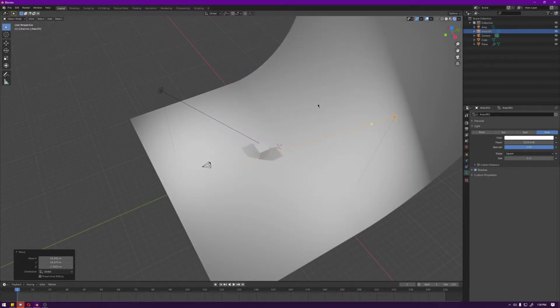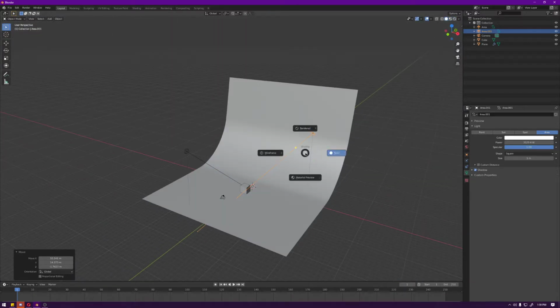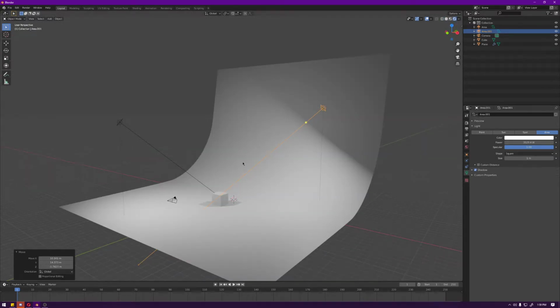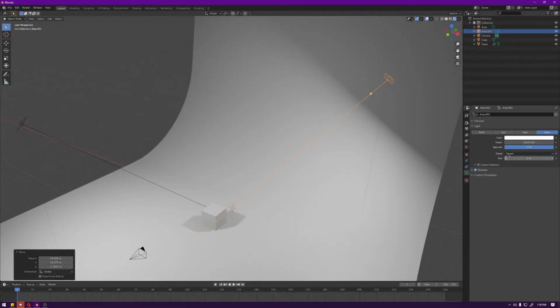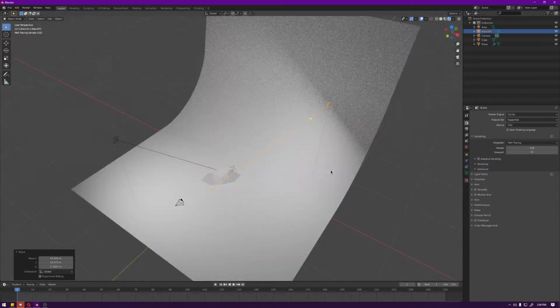Remember, if I hold down the Z button, I am in a rendered view. I could also be in material, but I won't see any lighting. Solid won't show any lighting, and wireframes certainly won't. So go up to rendered. Now, none of my light settings, like shadows or anything like that, will stay, but the brightness power will. But you'll have to go up to render and go up to